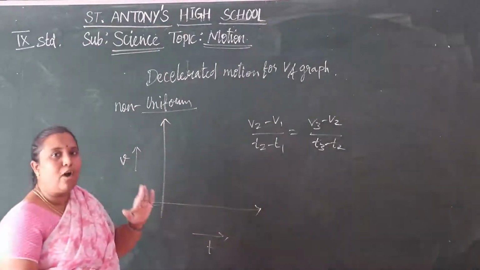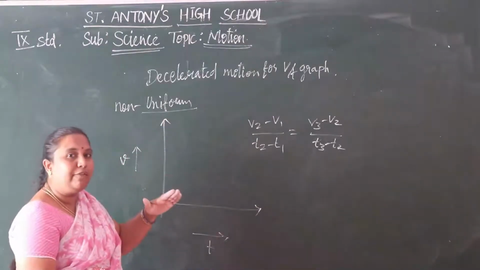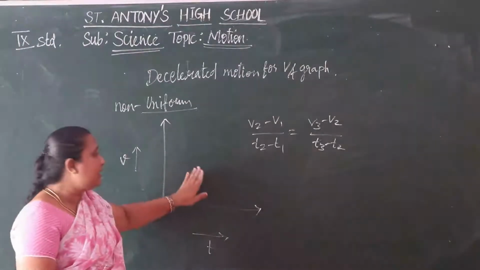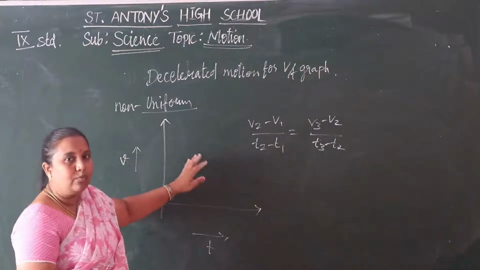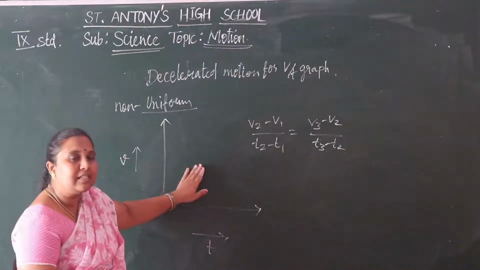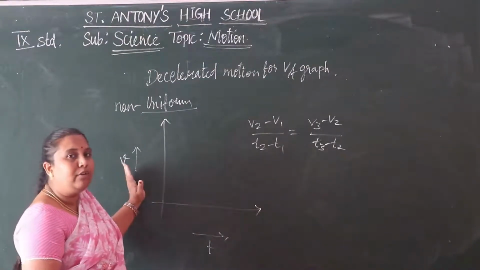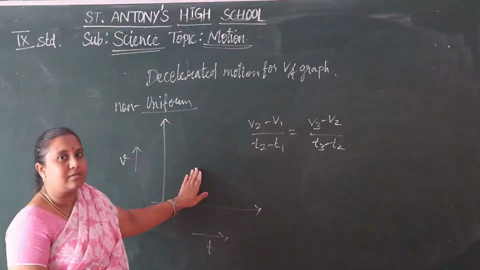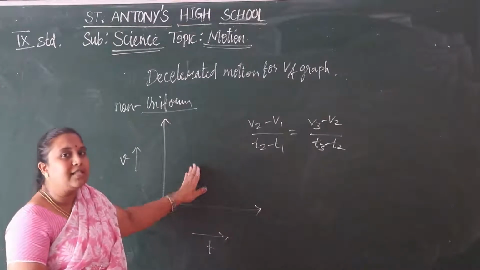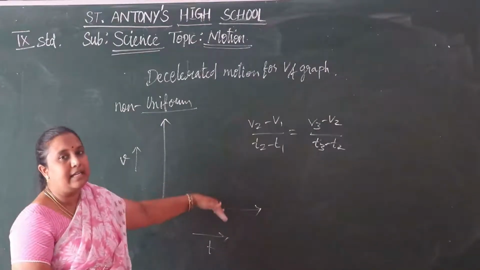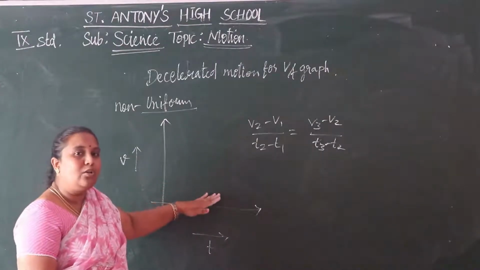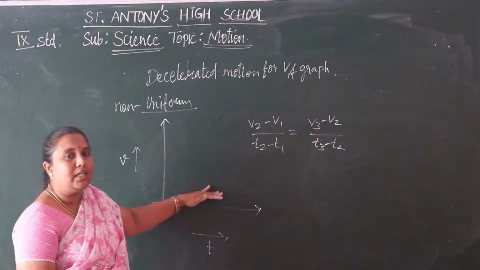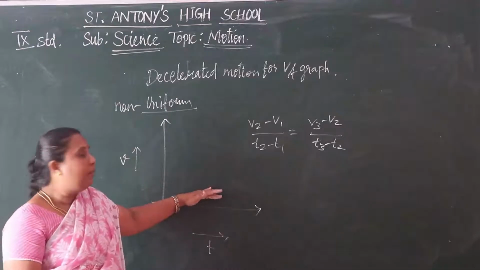We have uniform and non-uniform. In uniform motion the acceleration is equal, that is, the acceleration between the two velocities with the time taken is equal. In non-uniform motion the acceleration differs. Why? Because of the increasing curve and the decreasing curve. The increasing curve has unequal intervals, and the decreasing curve also has unequal intervals in non-uniform motion.